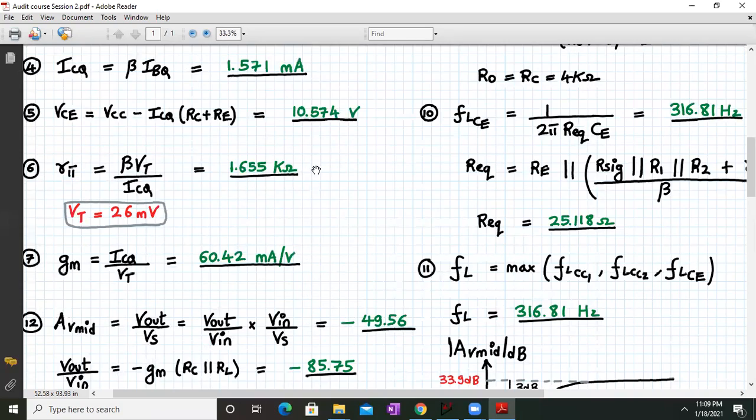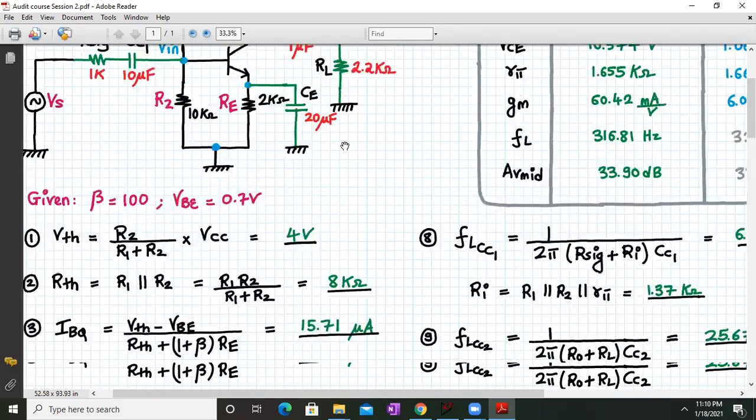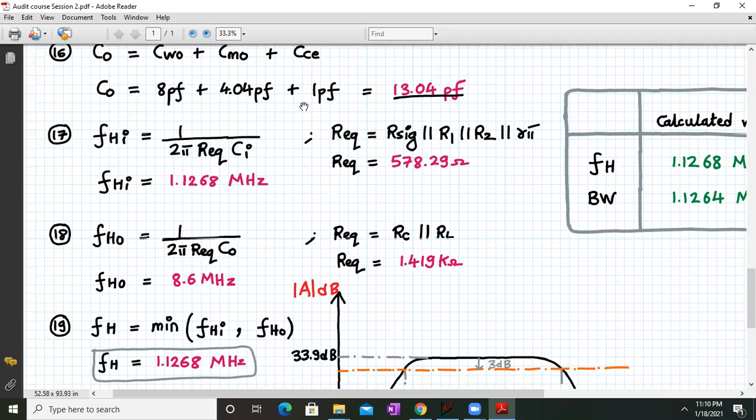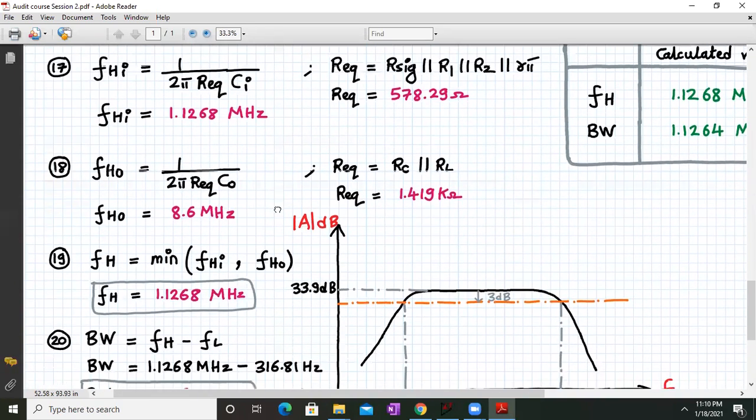This is 1.655 kilo ohms. R sig you can also find from the value given in the circuit itself. Now R equivalent will be 578.29 ohms, so please verify this number with a calculator. Hence FHI will be equal to 1.1268 megahertz. Megahertz means 10 raised to 6.